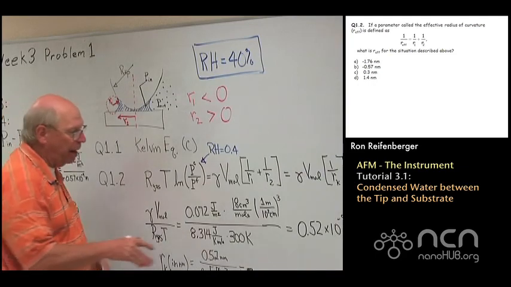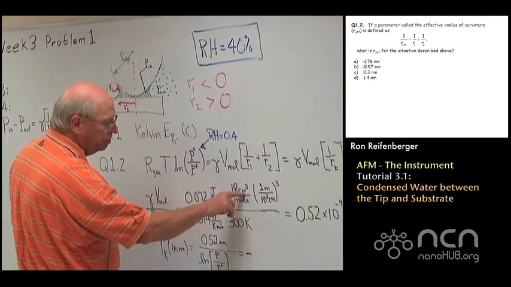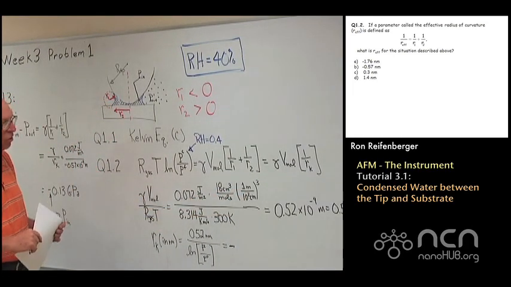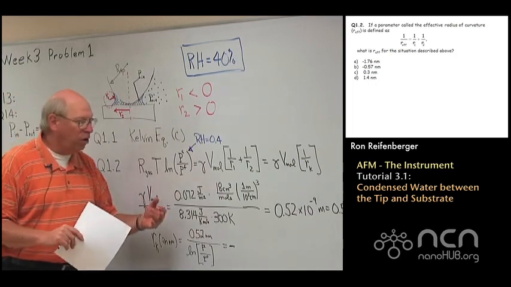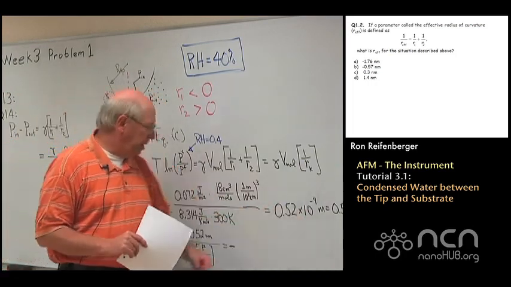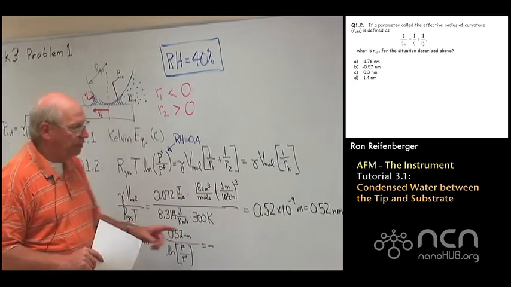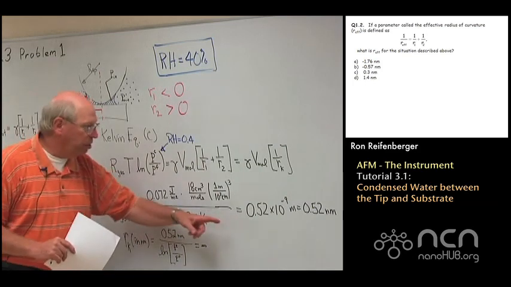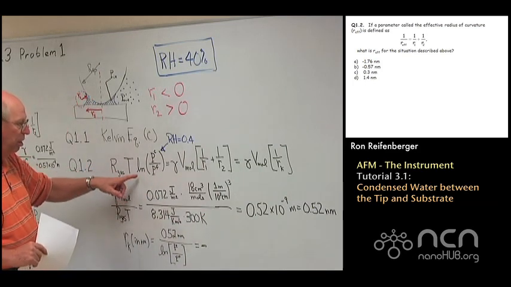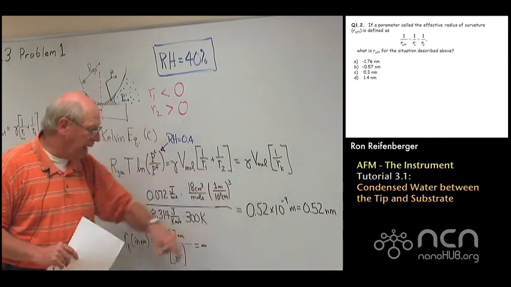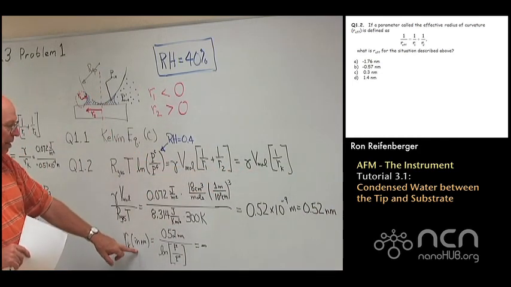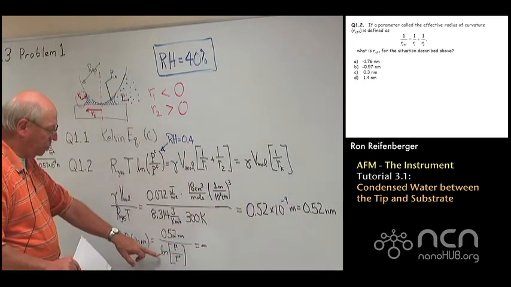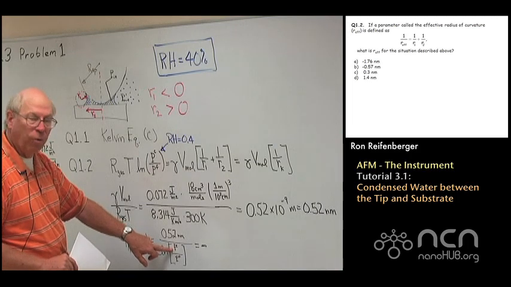We have a units problem here. We have to convert centimeters to meters. So I include this factor that'll give us that conversion. And when I work all this arithmetic out, I end up with a number here that's about 0.52 nanometers. I can then use that number in this equation to solve for R sub k. And so R sub k in nanometers is going to be this quantity 0.52 divided by the natural log of this ratio, which is 0.4.